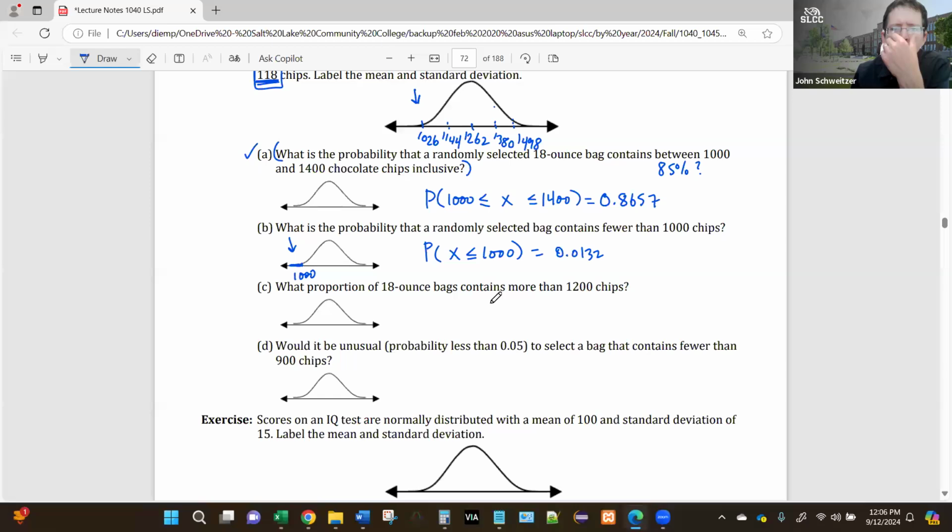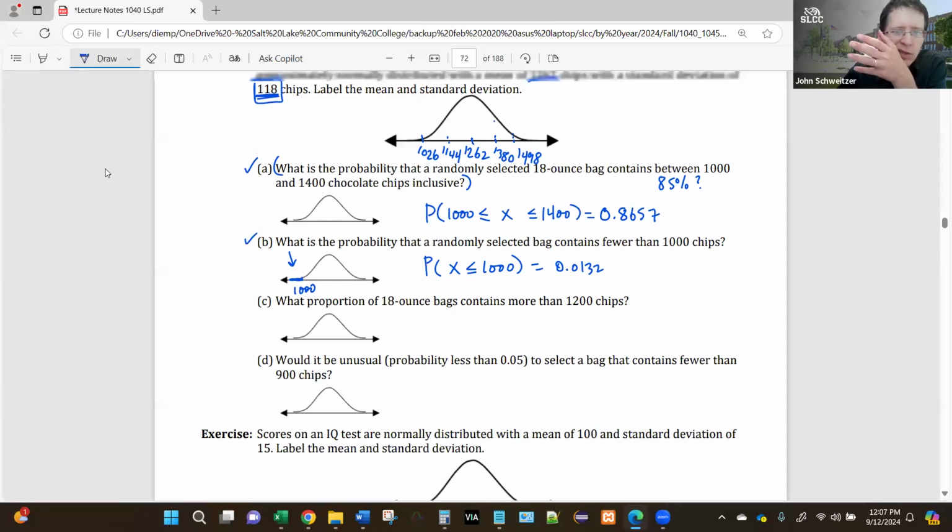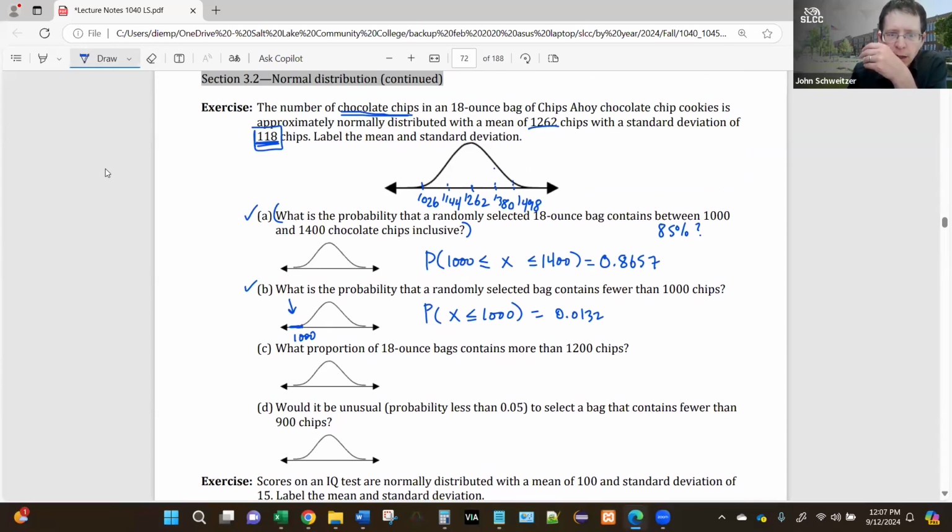Okay, let me do these other ones, and then I'm going to have you guys try one. So what proportion of 18-ounce bags contain more than 1,200 chips? Okay, so I think you can tell all these questions are just minor variations on the same thing. Where is 1,200? It's about right there, right? It's about halfway between 1144 and 1262. So if that's 1,200, then that's the area above 1,200. I guess if I sort of transpose that picture over here,